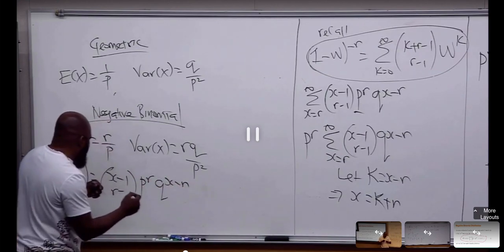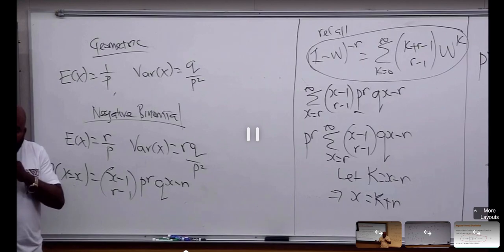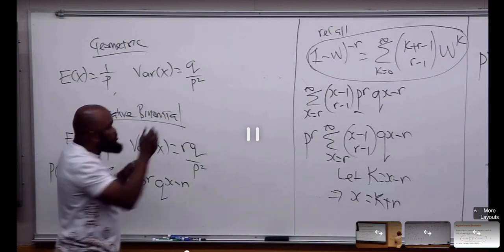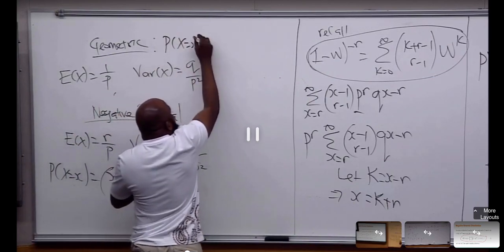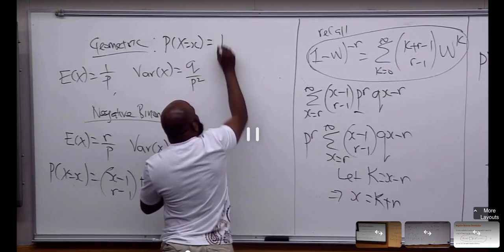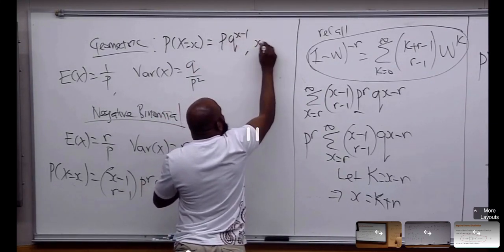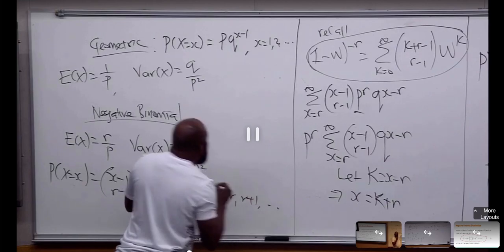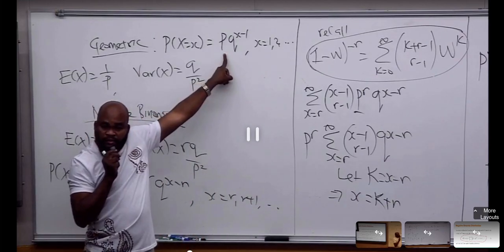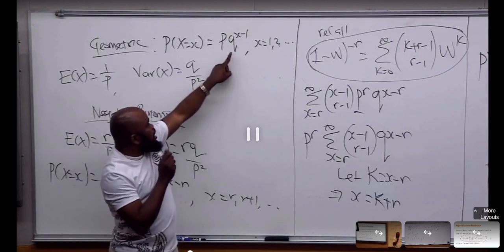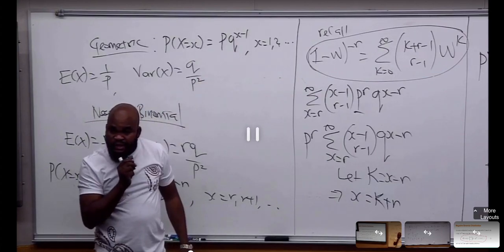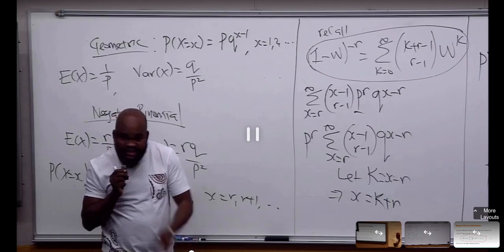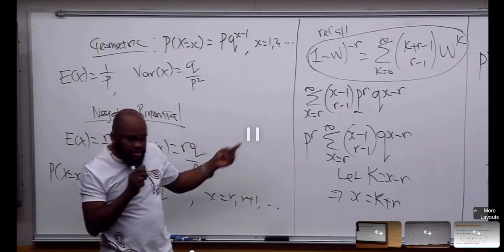When you go to a textbook, there are different versions of negative binomial. For geometric, the version that I'm using is this. In some textbooks, they're going to have p q raised to power x, and x is going to start from 0. I can give you that version as well. There are different versions of the geometric and of the negative binomial. Now, what I want to do now